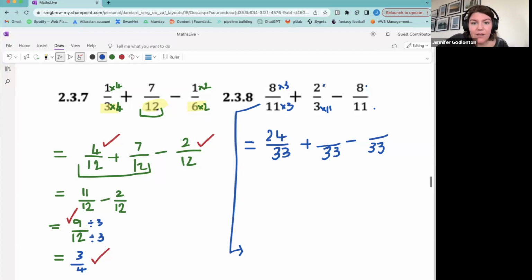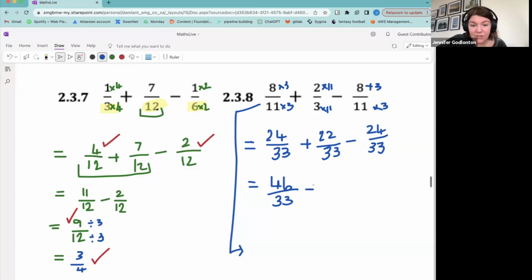Okay. So now here, we're going to times this by 11. So we're going to land up with 22 up here. And these two, we are going to times by 3. Times by 3, times by 3. So again, we have 24. Okay. So 24 plus 22 gives us 46. 46 over the 33